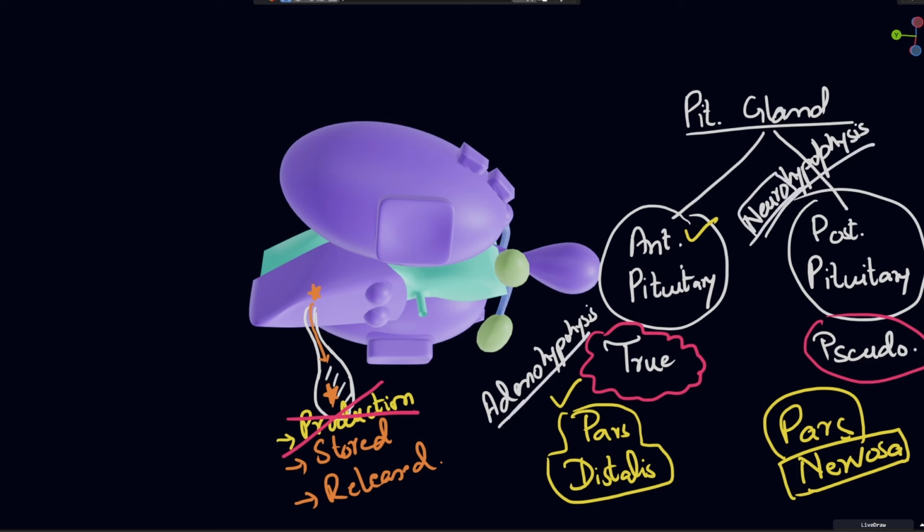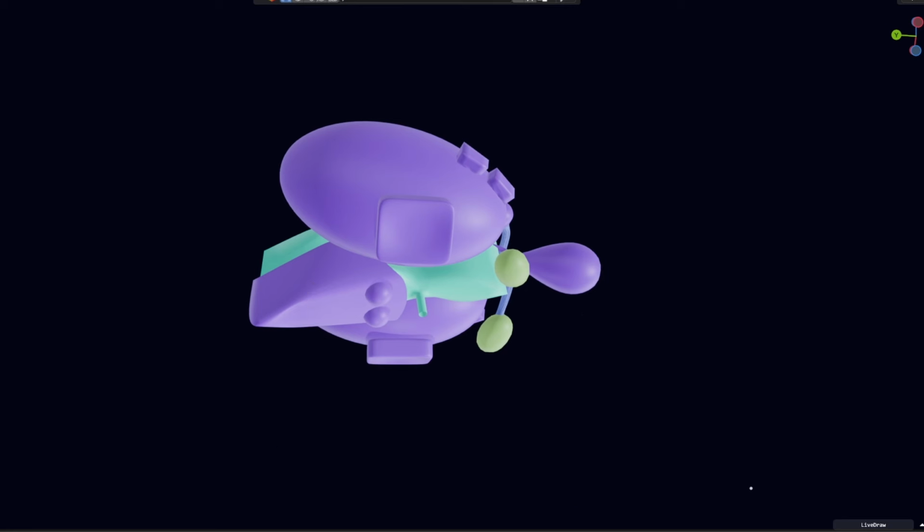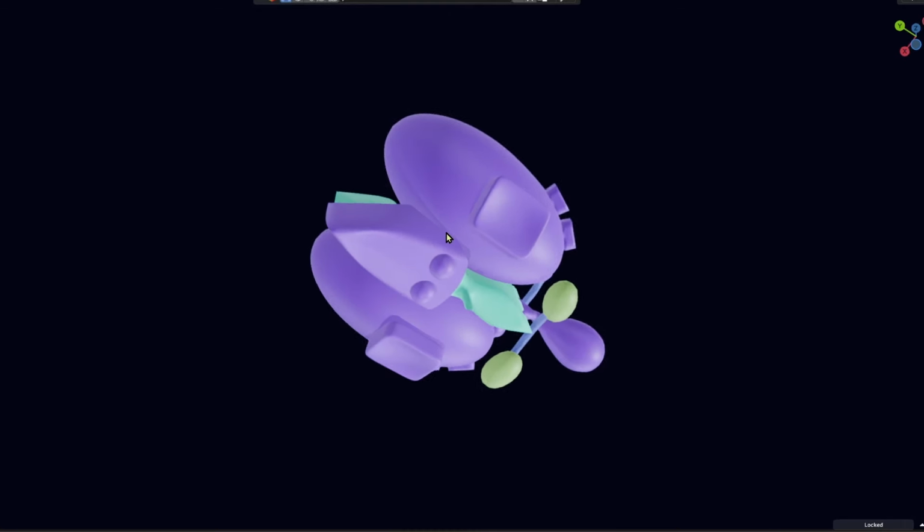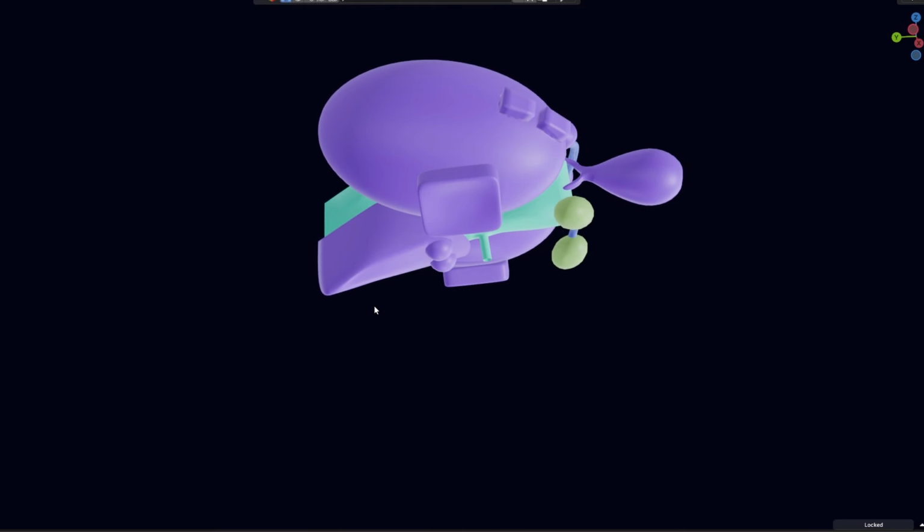Neurohypophysis is related with... it is the actual gland, it is adenohypophysis. Why I'm stressing so much upon this, you will understand in a moment. So now as we discuss the development of pituitary gland or hypophyseal gland, you will basically understand that the posterior part of pituitary gland, because it is neurohypophysis, it is